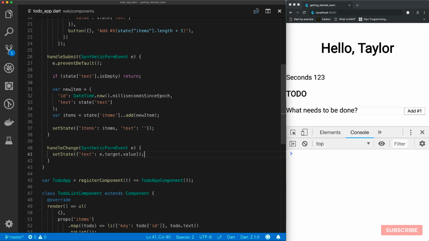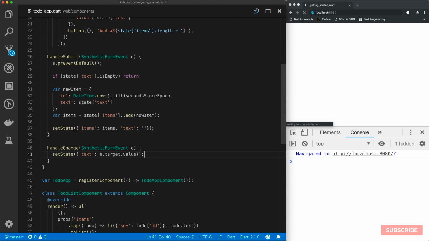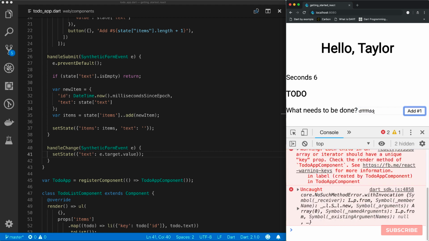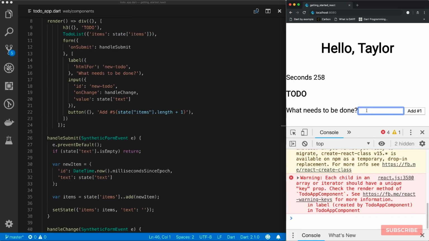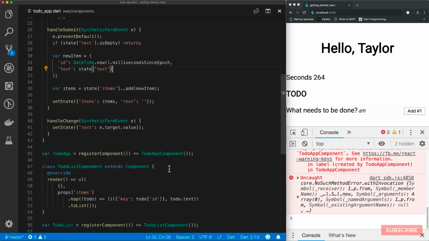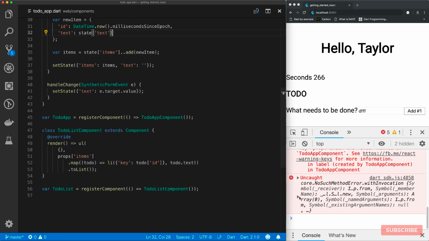So let's try this. And if I type in here, yeah, there we go. If we add, of course, nothing happens. So I figured out what this error is, no such method error,